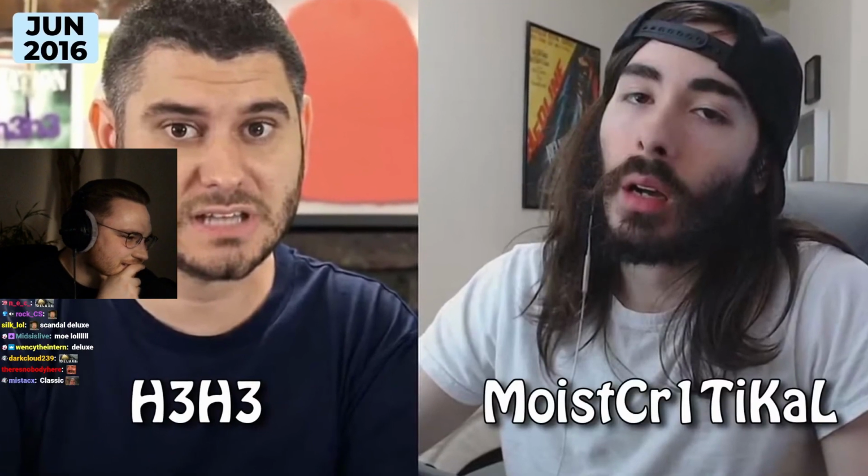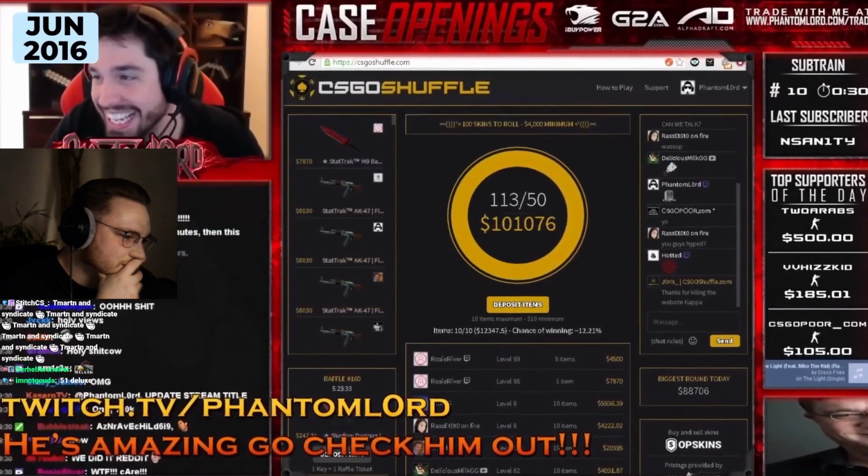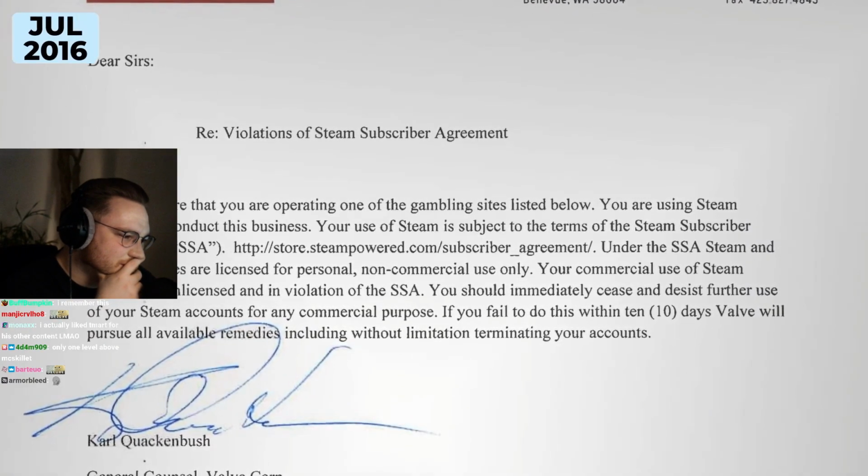Call of Duty scumbags Team Martin and Syndicate got caught pretending to be sponsored by a site they actually owned, leading to them being cooked by people like H3H3 and Moist Critical. And to wrap it all up, that Phantom Lord guy I mentioned earlier got caught secretly owning a site and rigging it as well. This was a very not good look, and in response, Valve sent out a cease and